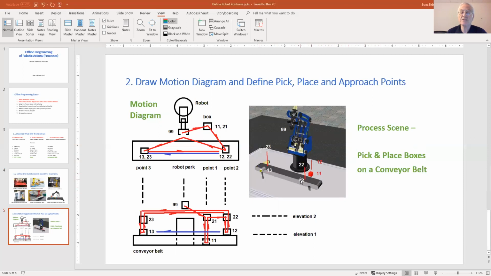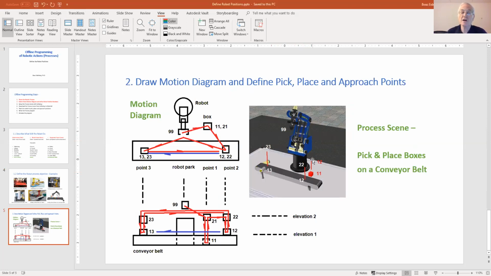The second point where the part is being placed is position 2. And the third point is where the robot picks the part from the conveyor. It's position 3. The robot comes in from its park position, which is defined as point 99.